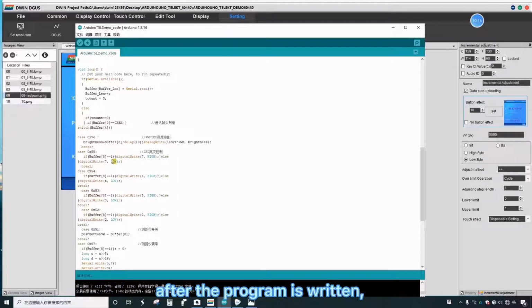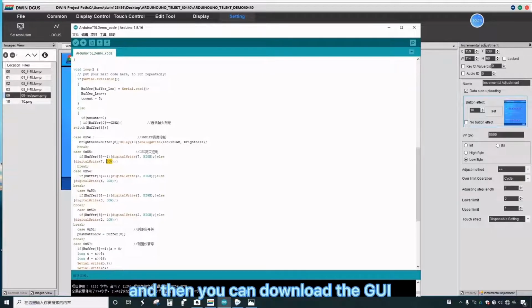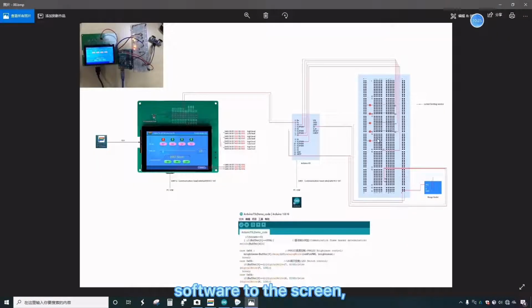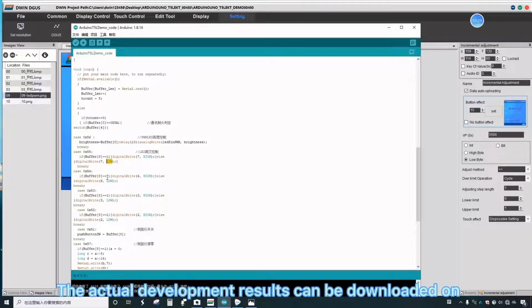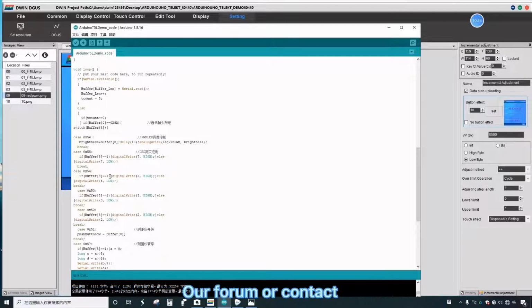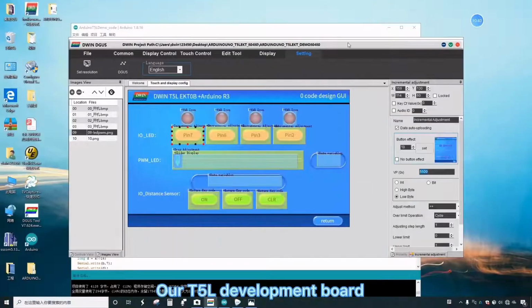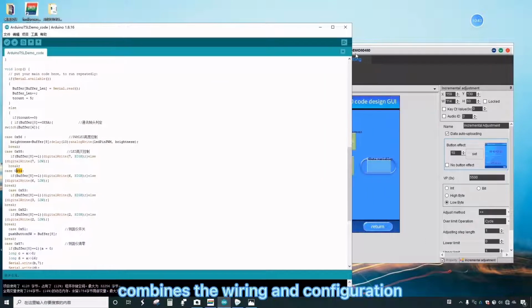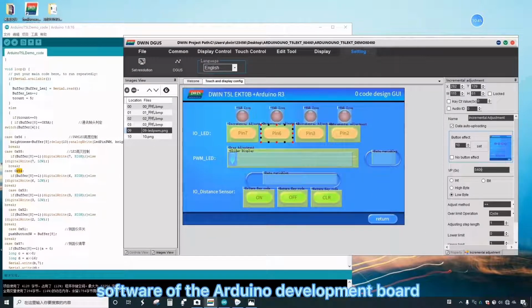After the program is written, perform a compilation, then save, and then you can download the GUI software to the screen, and it will appear as we first explained. The actual development results can be downloaded on our forum or contact the corresponding salesperson. The T5L development board combines the wiring and configuration software of the Arduino development board and the